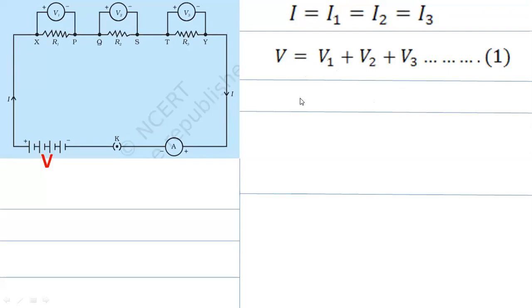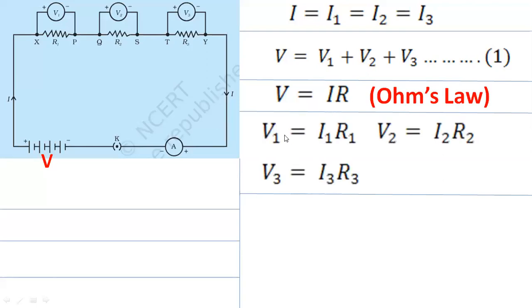Now, what is Ohm's law? Ohm's law is nothing but V is equal to I into R. So let us just put that. So V is equal to I into R. Now, if V is equal to I into R, we have found the value of V. Can we also find out the value of V1? Yes, we can. So let us put the value. V1 would be equals to I1 into R1. ठीक है, V1 is equal to I1 into R1. Same for V2, I2 R2. What about V3? I3 R3. These are just the variations of Ohm's law.